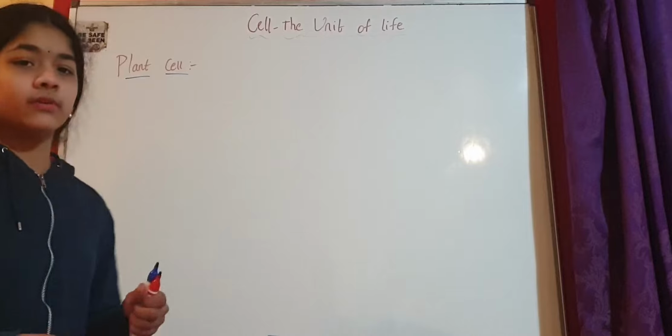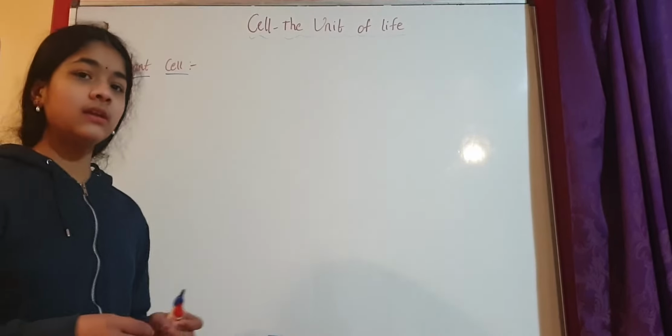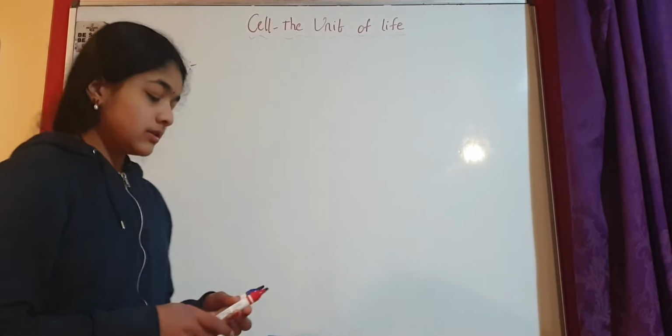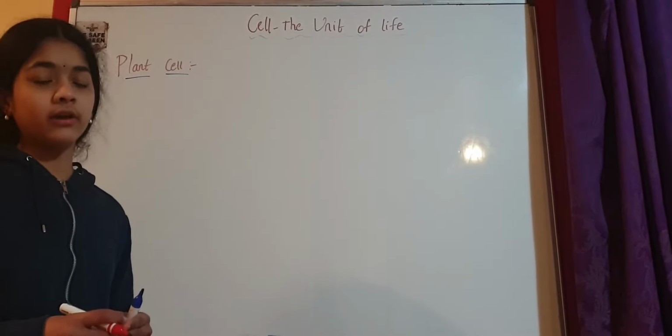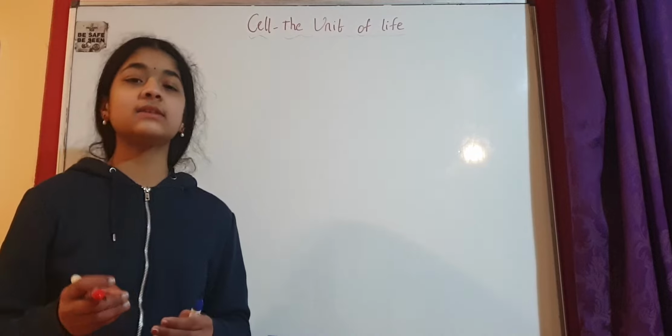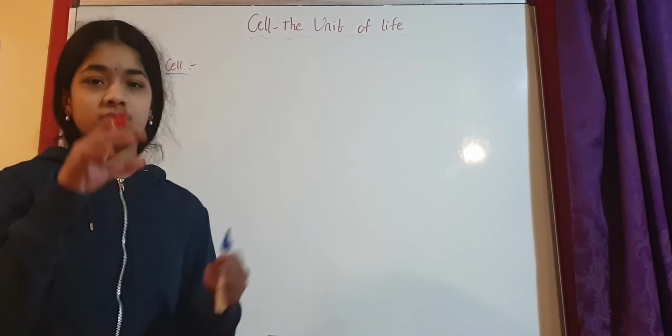In this part we are going to take a look at the structure of a plant cell. In the last part we have understood the structure of an animal cell. So first, plant cell. Obviously, plant cells are eukaryotic cells. And what is a eukaryotic cell? A eukaryotic cell is a cell that has a true nucleus and true membrane-bound structures, and those are